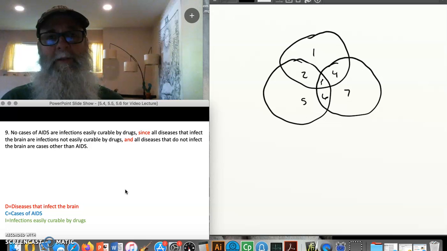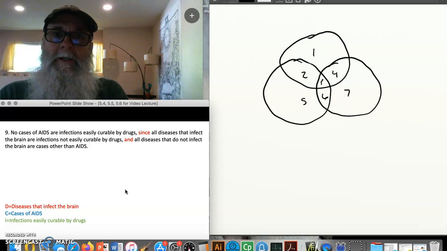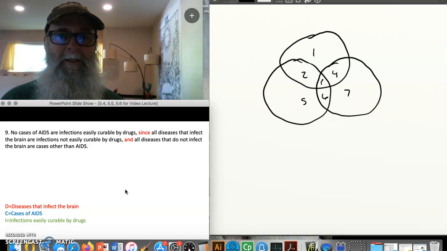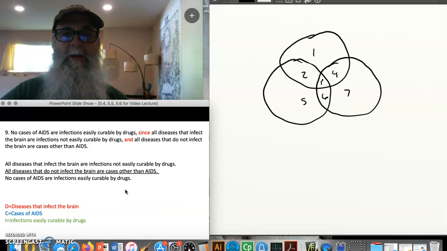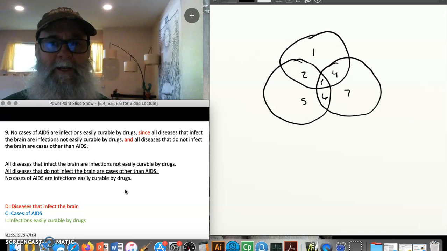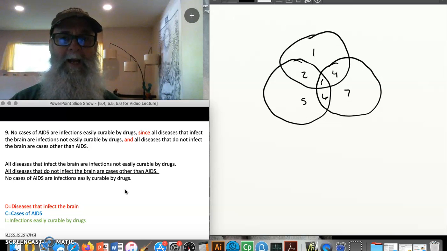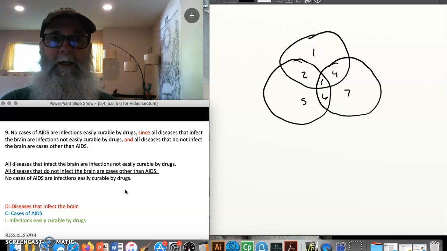Now, once I've identified what the conclusion is, I can look at the predicate term of that conclusion, and I know that that term is going to appear in the first premise. So whichever of the other sentences has infections easily curable by drugs, that's going to be my very first premise, and the other sentence is going to be my second premise. And when I do that, I can arrange this mishmash of three sentences combined into one so that they're three separate sentences with the conclusion appearing last, my major premise appearing first, and my minor premise appearing second. So now it starts to look a little bit more like what I'm used to working with.